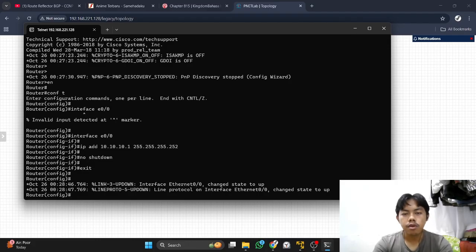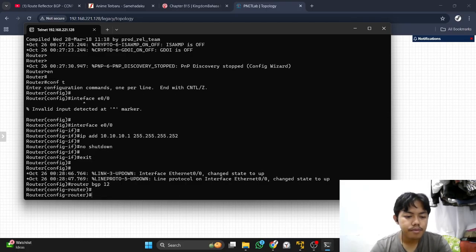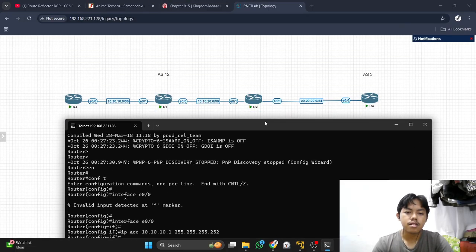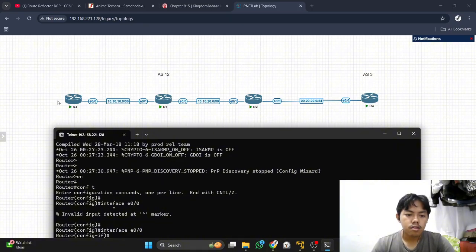Next, we will configure the BGP. You write router bgp, maybe 12, and then you write neighbor. For example, like this, we add router 1.